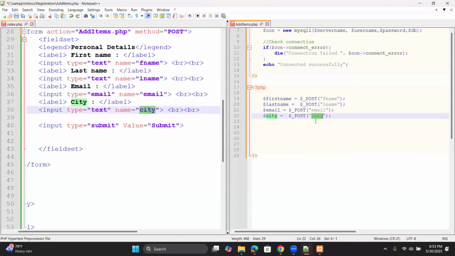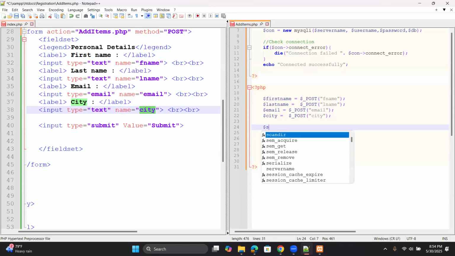Now I have got the data from there. So now I can execute the insert query. But before that, I hope you can remember in the slide that I told you that we need to have a variable and we can store the insert query there. Then we can execute the query. So I'm going to define the variable SQL and I'm going to have the insert query, right? So I'm going to have insert